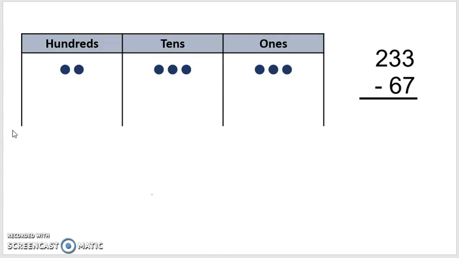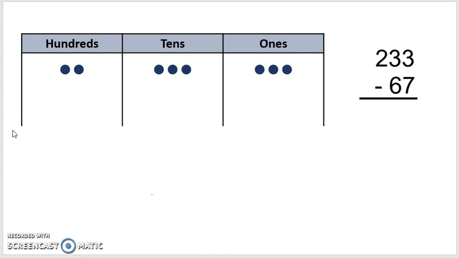In this video, we're going to explore an alternative model of subtraction, the chip abacus model. The chip abacus model starts with an array or table with the place values. So the problem we're going to look at to start off, and we're going to do two problems in this video, is